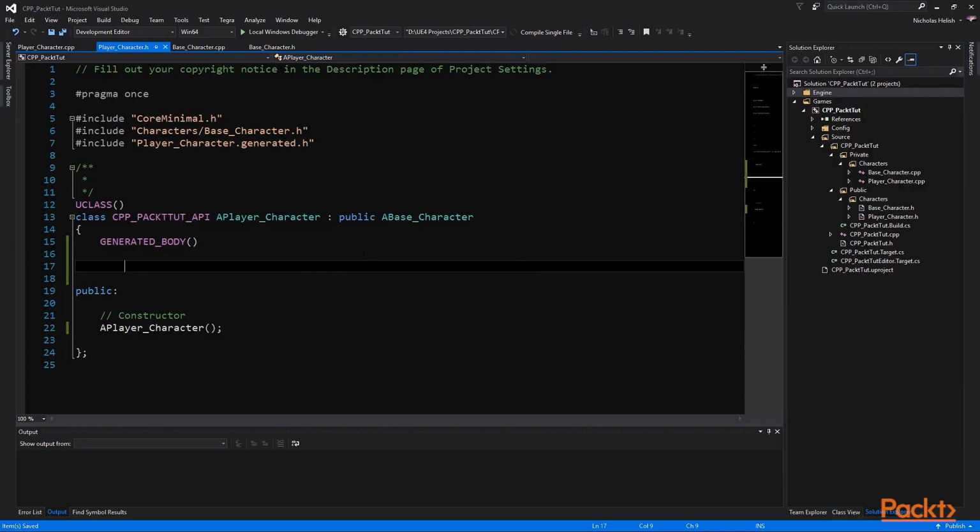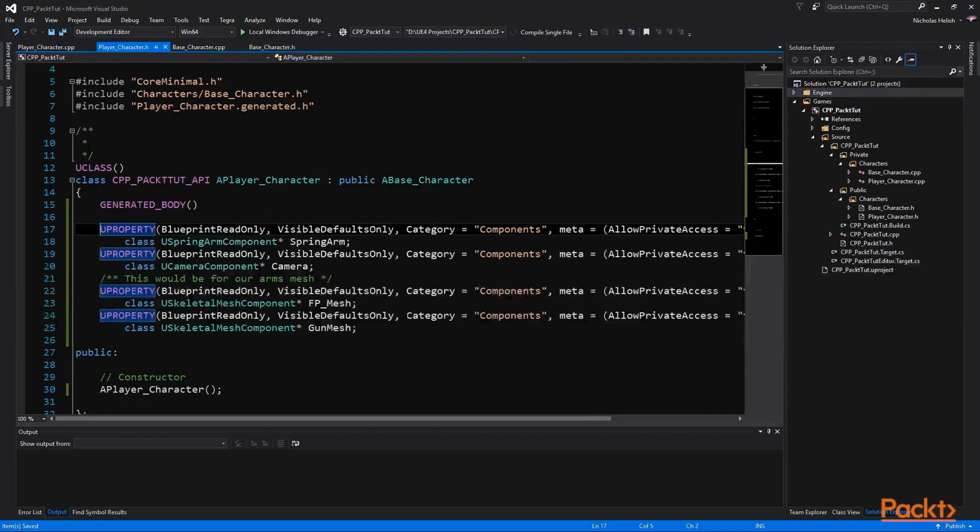Under the generated body, we have added in 4 pointer variables, each with their own specific class type variable that we are using. And we are using the keyword class as a sort of forward declaration for that class, meaning we won't have to include any header files of that class, just we have the general idea that this exists somewhere. The keyword blueprint read only means that we can only get this value, but we cannot set it within